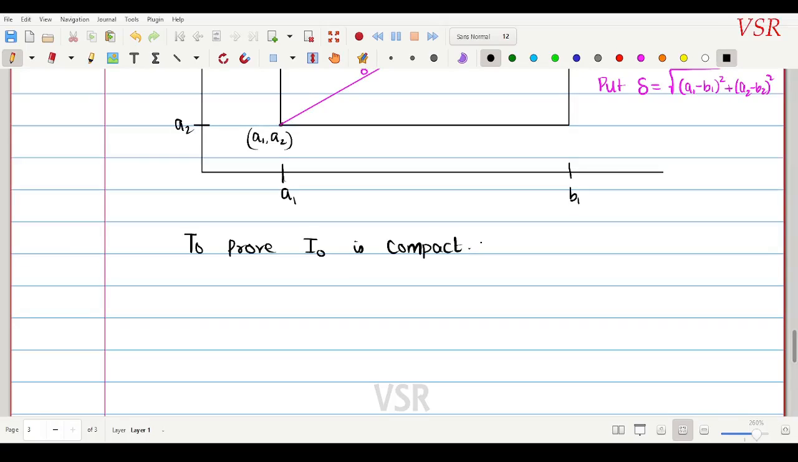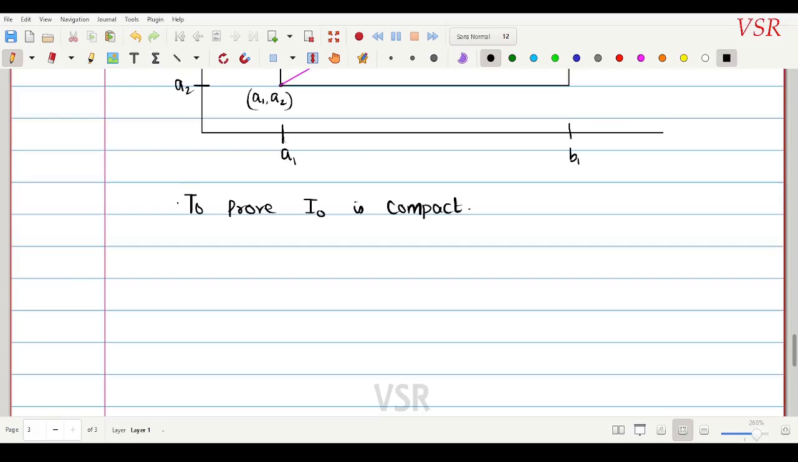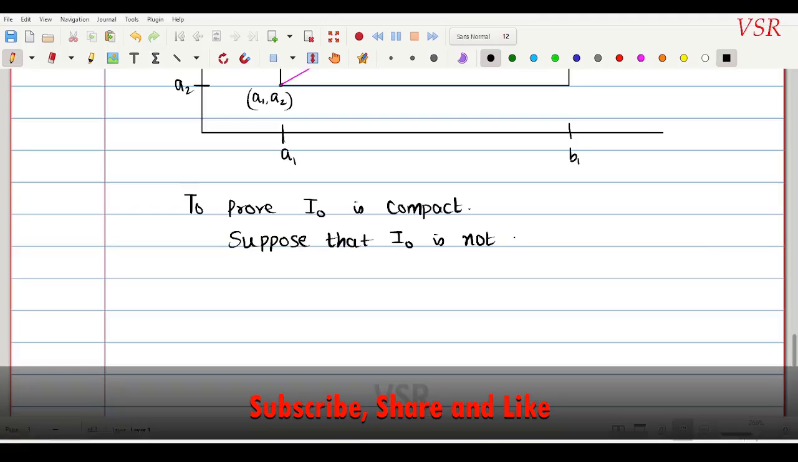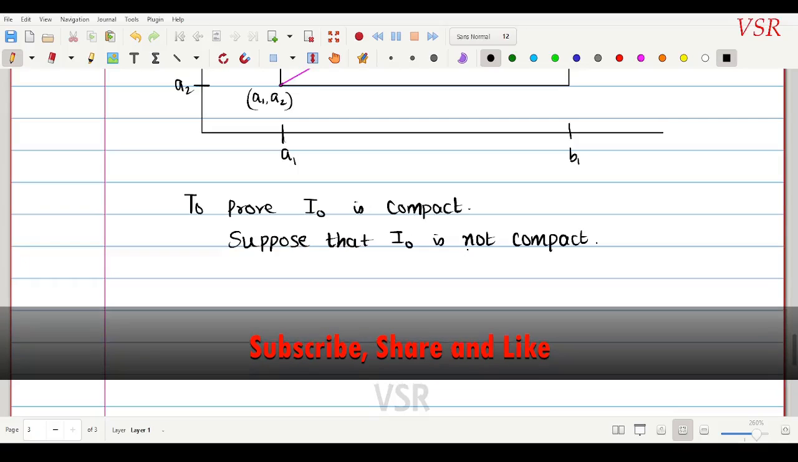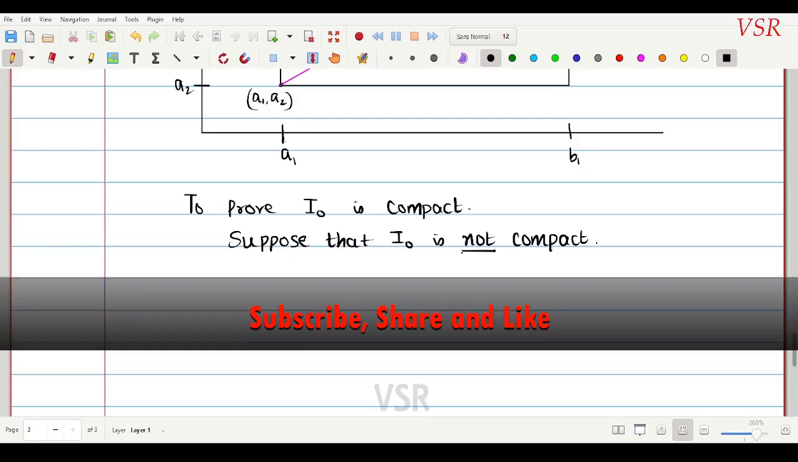Now what I am going to prove is, suppose this I naught is not compact, then we are going to give a contradiction. So suppose that capital I naught is not a compact set. I assume this is not compact, which is very important. So not compact means, then